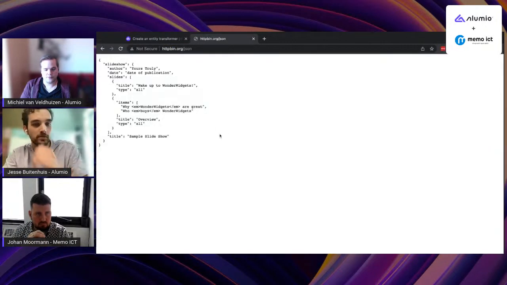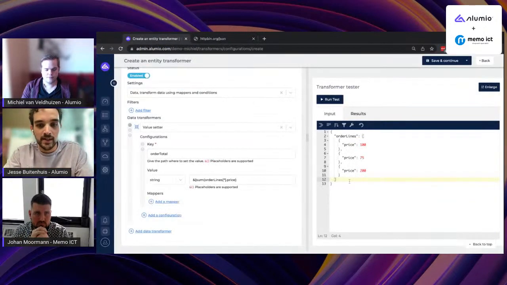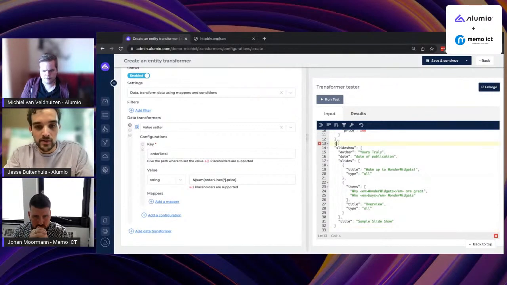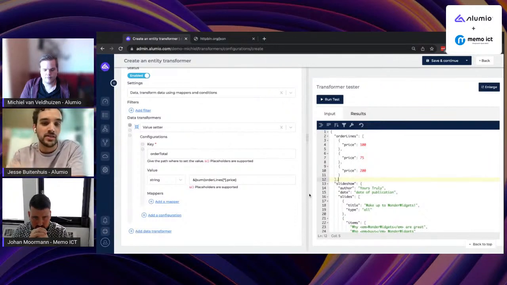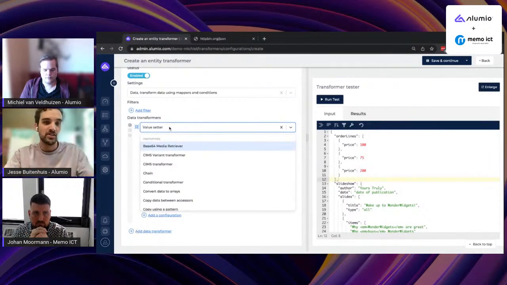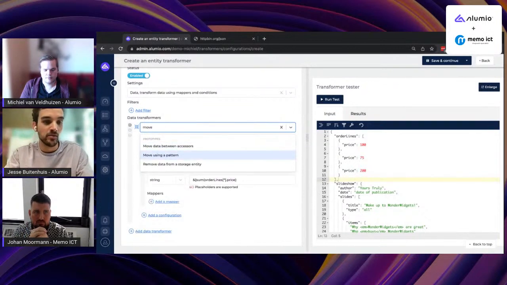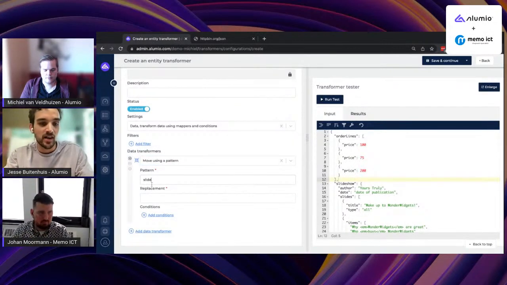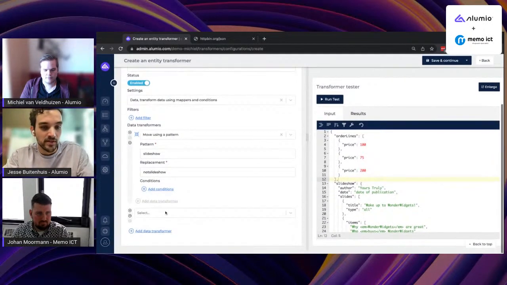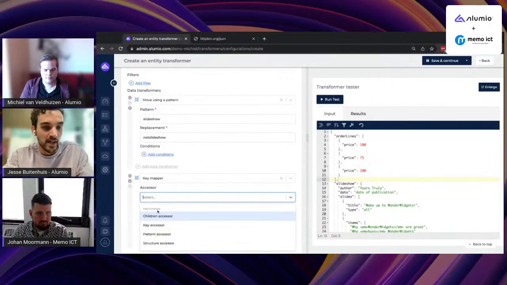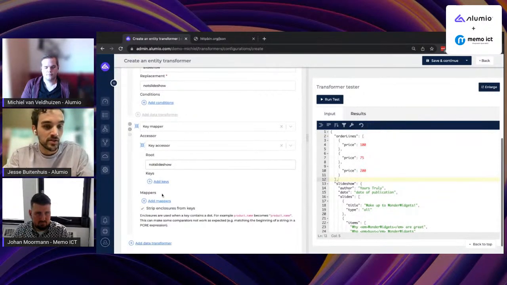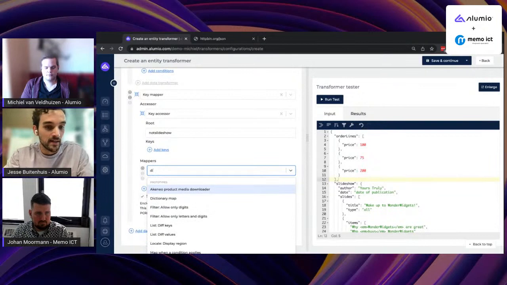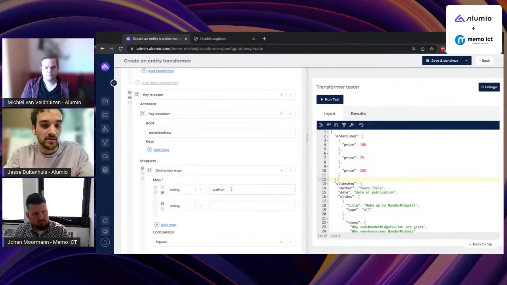Yeah. And I think it's also good to show now that I have the screen anyway: sometimes you have to map some fields, right? So maybe you have this input data and you have to map it to the other system. If you watched the beginner webinar, you think, okay, I can do a move using a pattern, and I can say slideshow needs to be not slideshow. And then maybe I need to change the alter field, and I'm going to use a key mapper for this. So I'm going to use a key accessor within the not slideshow key that we now newly introduce. And I'm going to say, okay, we have a dictionary map, and alter needs to become